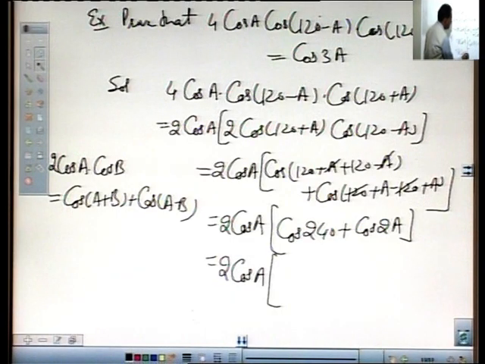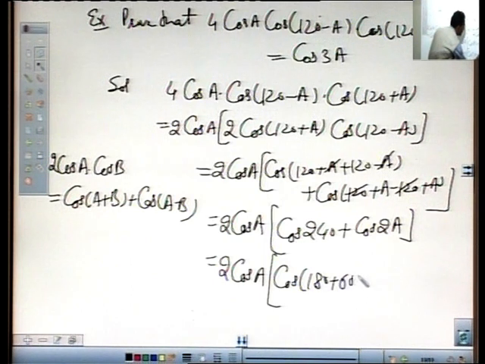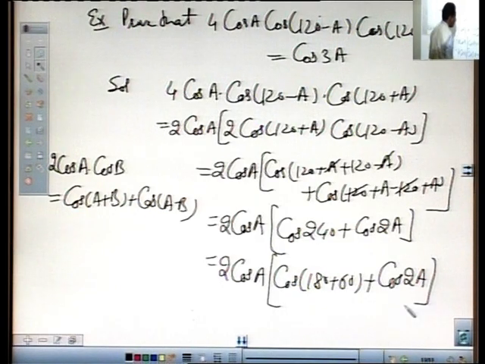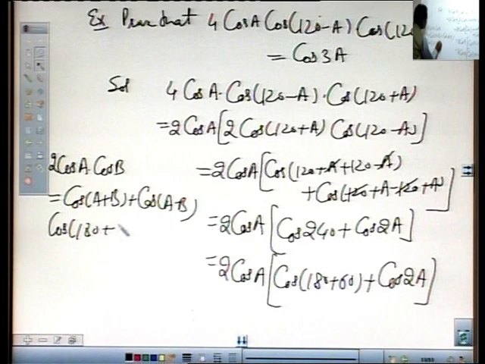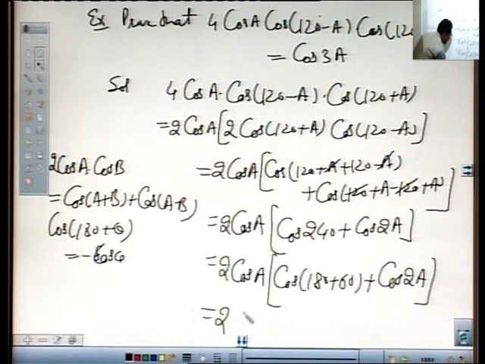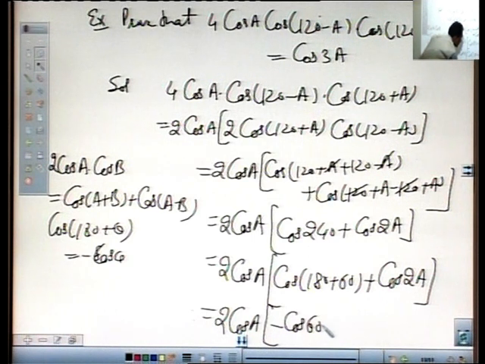This equals 2 cos A into cos 240, which is cos 180 plus 60, plus cos 2A. Cos 180 plus theta lies in the third quadrant, and in the third quadrant cos is negative, so this equals minus cos theta, and this equals 2 cos A into minus cos 60 plus cos 2A